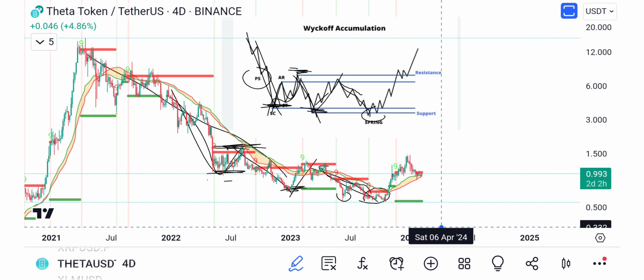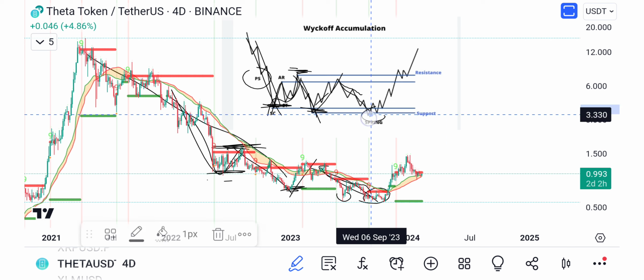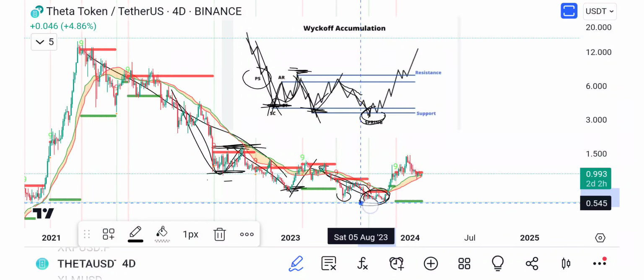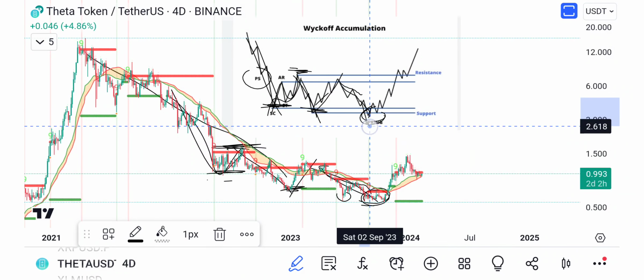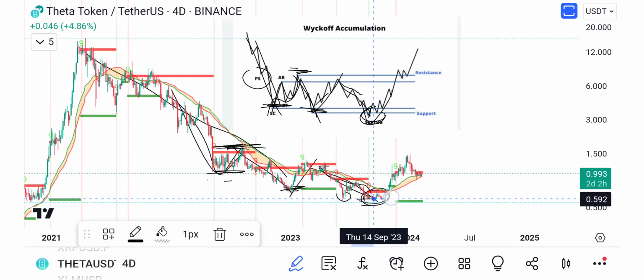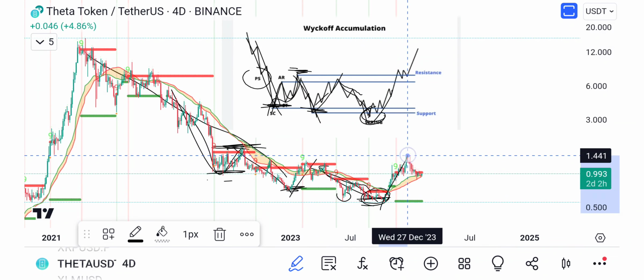So we have this spring phase, right? We break the resistance, and then that's what we were doing in here. And notice this, we broke it, we quickly returned. But if you notice here, we were going straight for a few weeks. So there was a lot of uncertainty. What's happening? But then a miracle happened and we broke out. We shot